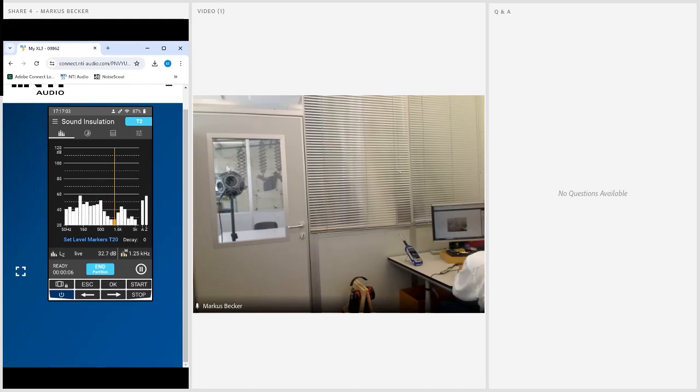And I can redo that. I can record several cycles. You're going to see that. If I'm not sure about how loud my noise must be, I can click on this entry here, set level markers, and that tells me the minimum level. You see it here, these gray bars that show me that versus the silent room, this is the minimum level that needs to be created here in my room in order to execute a reverberation time measurement. So let me click on start and then do these. I'm going to do 3 cycles of an RT60 measurement.